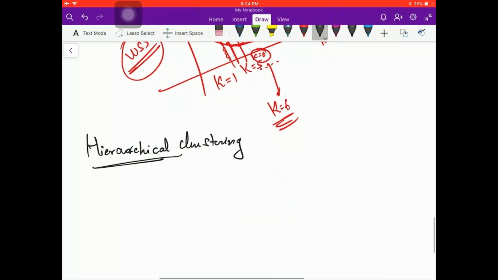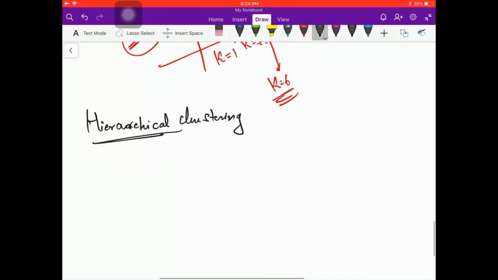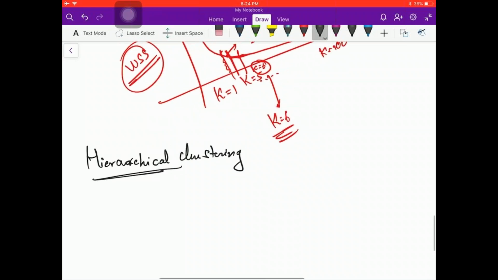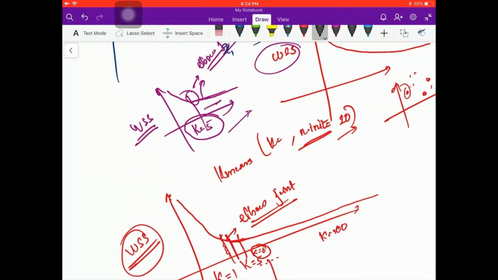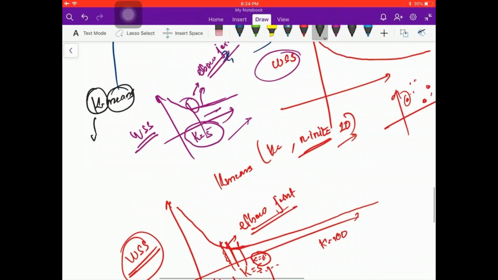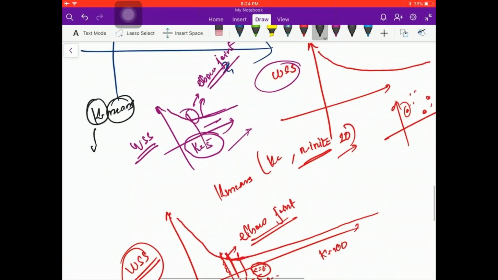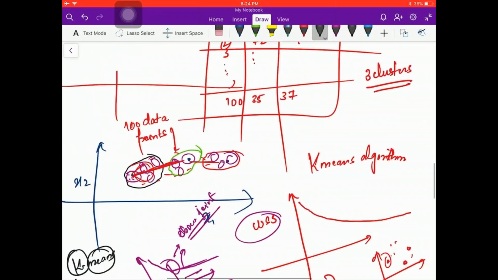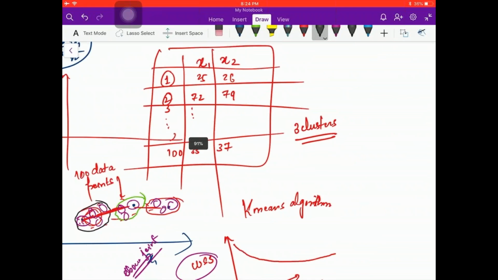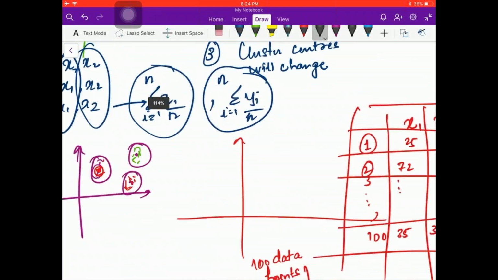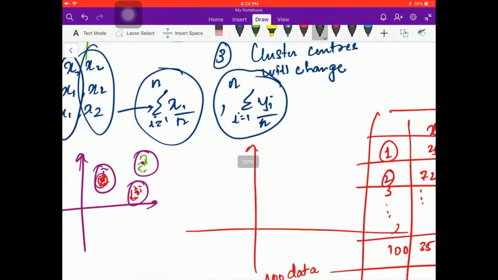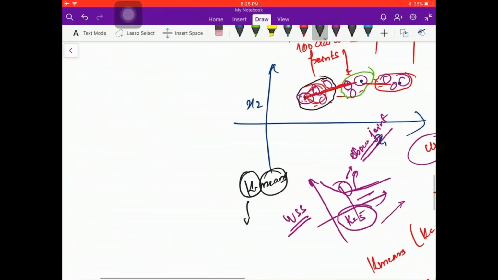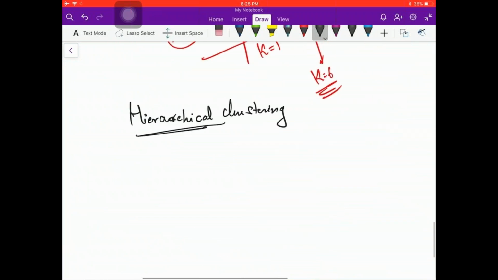Hierarchical. Yeah. So hierarchical clustering is again a form of clustering. So this is called k-means clustering. Why K? Because of your number of clusters, and means because you're always taking an average. So where did I show that? Yeah, so here you're taking the mean, right? So that's why K from the clusters and means from the actual operations.